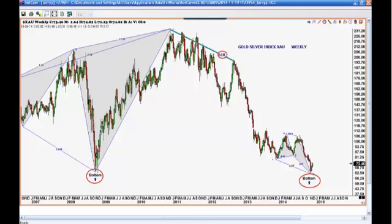It's very, very hard to find a failure in a T6 pattern because they just don't happen very often. You see them at tops far more prevalent than you do at bottoms. I don't know why that is, but that's just the statistics behind it. The bottoming patterns are usually our butterfly patterns or 3 drive to a bottom patterns. You see those over and over again. But with the T6 pattern that Gartley talked about, also known as the reverse point wave,